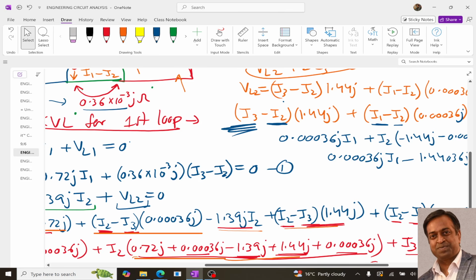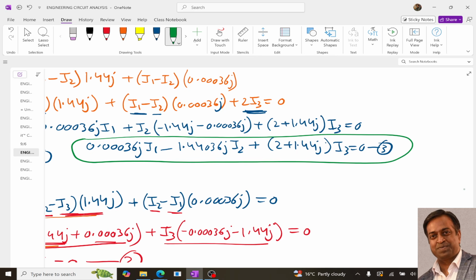This is the second equation, and we have the third equation over here. This is the third equation, right? Now over here, the last part